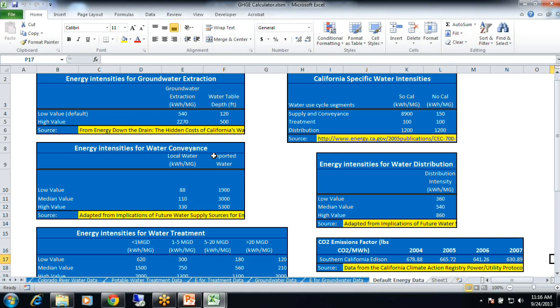And when you are personally working with the tool and you come here and you don't like what the default data says and you go, wow, I don't like that, I have here where I got it from in these yellow boxes, so that you can say, okay, well, I guess that does make sense and I accept it. Or you can say, no way, I don't like that source, I'm going to put in my own data. And if you don't like that default, change it. Put in your own default, that you calculate or that you found somewhere else. And make this your own tool that you can use to your greatest advantage for your area.